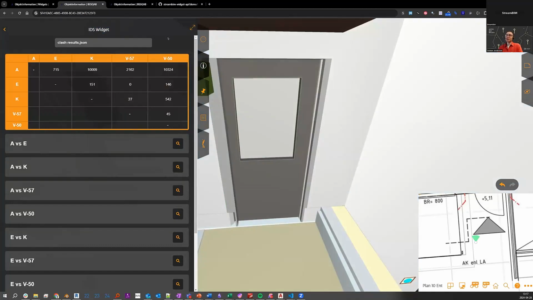So this was more like a bonus where we use the same widget and we print the clash results as well. So this is a UI, also the same workflow that we download the files, we do clash detection on them, we upload the clash results as JSON, and we print them in another format. So in this case, you can see all of the clashes that we have in StreamBIM IFC models